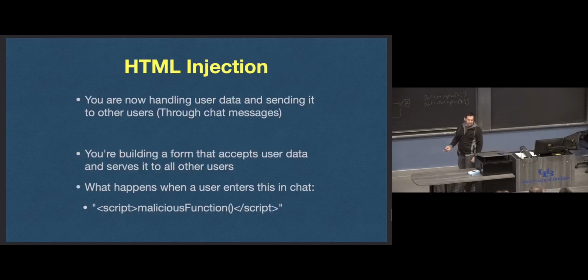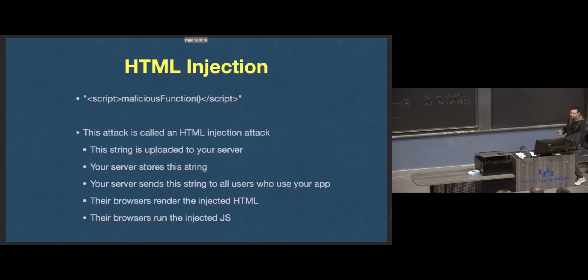What is HTML injection? So what somebody's going to do, you have your beautiful chat app, and you think people are going to say hi and talk about gaming and stuff and the weather, whatever, and you release your app, and somebody says this in chat. You say, oh, crap. So what they do instead is write some HTML in chat, and if you're vulnerable to an HTML injection attack, this message is going to be sent to all of your other users.